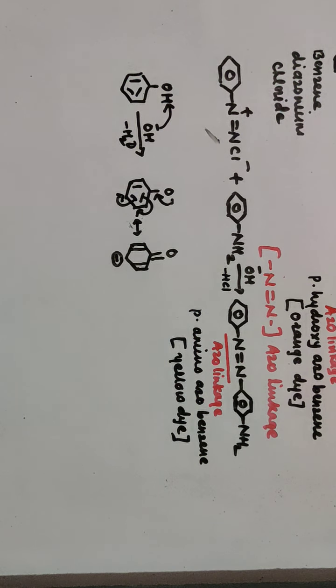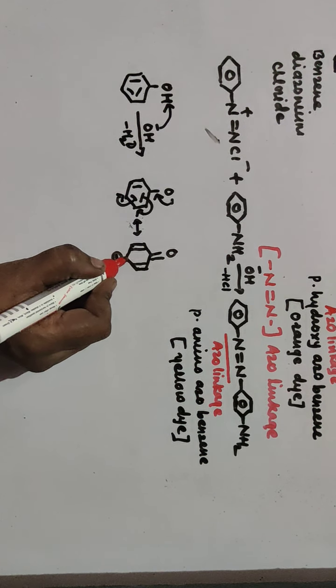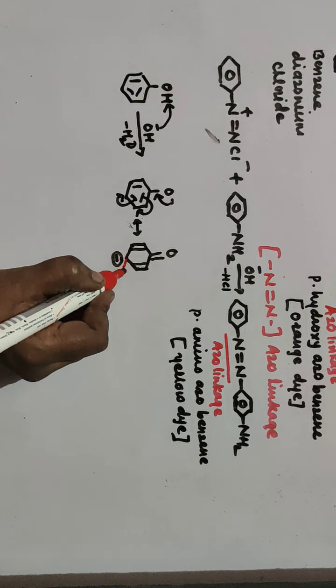This carbon atom acquires negative charge, but one hydrogen is also there with this carbon atom, CH. Then this reacts with your diazonium salt,